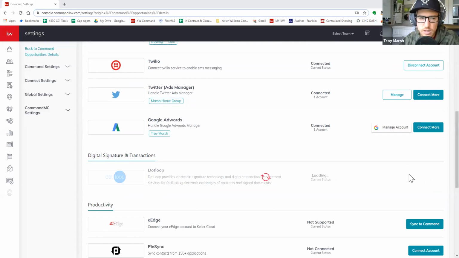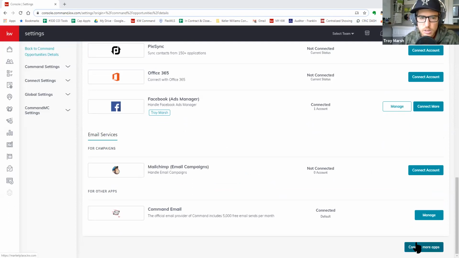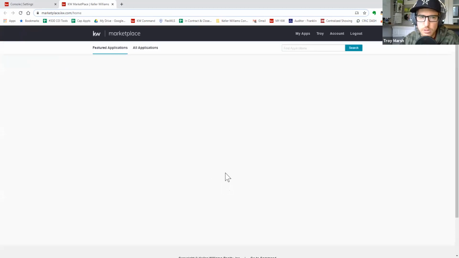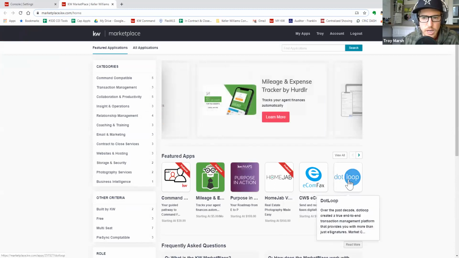Okay, how do you get the dot loop icon to pop up? I don't even have that in any of my lists. Go down and click on connect more apps. Okay. And it's going to take you to the marketplace, which mine's slow, I think Ashley's on a conference call too, and so our internet is struggling. So if you click on dot loop over here,